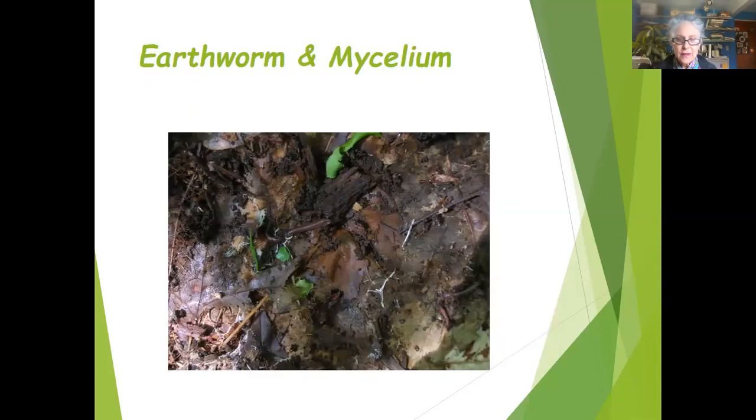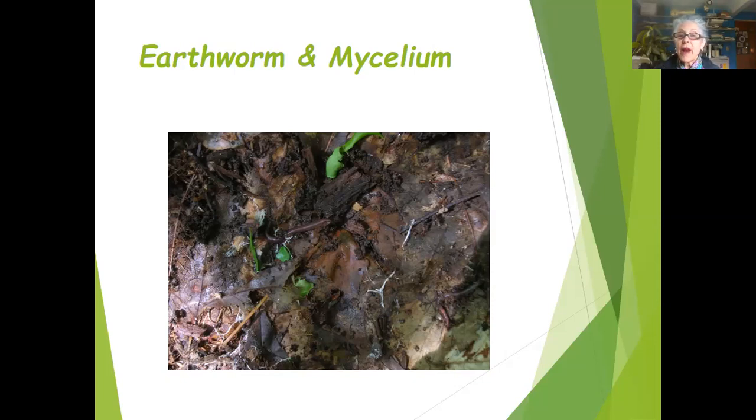An earthworm is seen in the center of this photograph, and they are very important for creating burrows and tunnels through the soil that allow air and water to move easily through the soil profile. Earthworms also drag leaves along with them into the tunnels, and they eat the leaves and leave their own fecal material, which we call worm castings, behind in the soil, which in turn adds to the organic matter and nutrition of the soil